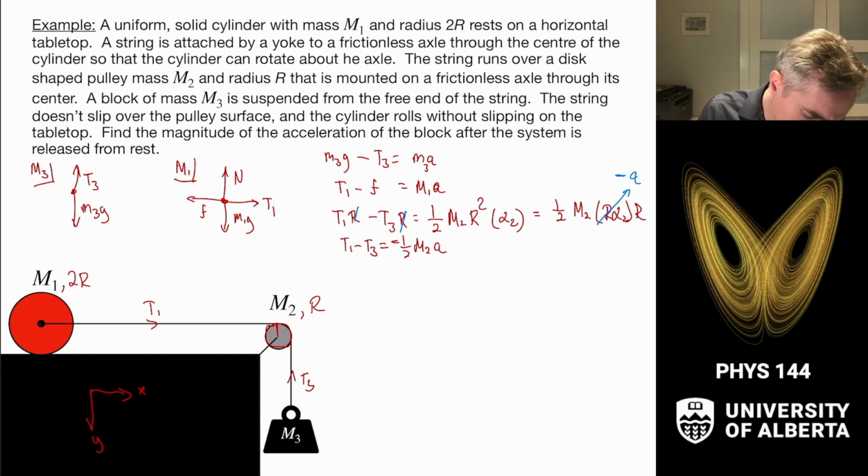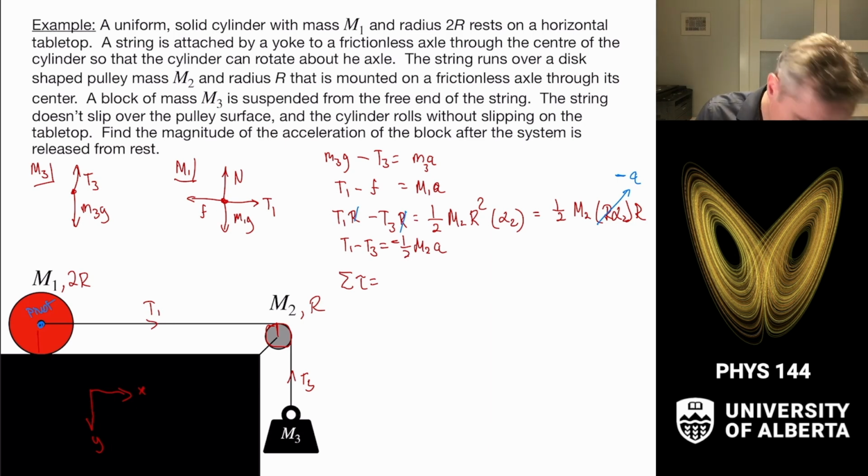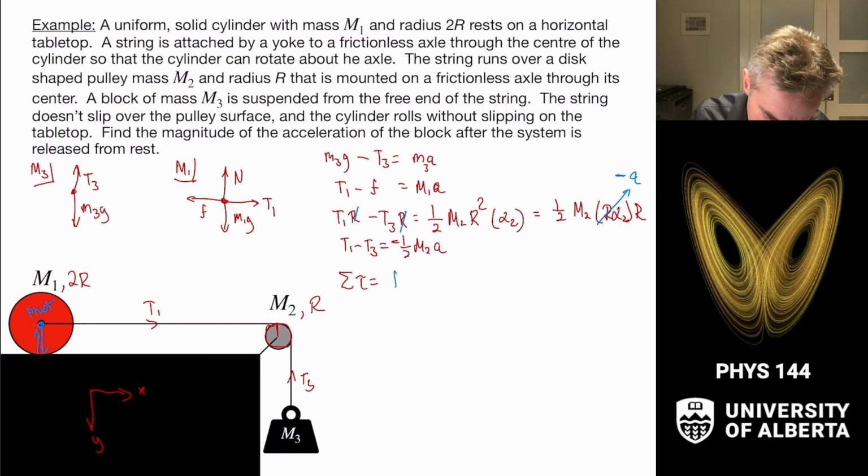And I'm going to pick a pivot here at the center. And that's nice because T1 and mg both act at that point, so they have no contribution. So if I go to the sum of the torques, I get nothing from the weight, nothing from the tension force, and then the normal force acts at the bottom here. So the normal force pushes up. The pivot arm is anti-parallel to that, so the sine of 180 degrees is 0, so the normal force doesn't create a torque. And so the sum of the torques there is just from the friction force